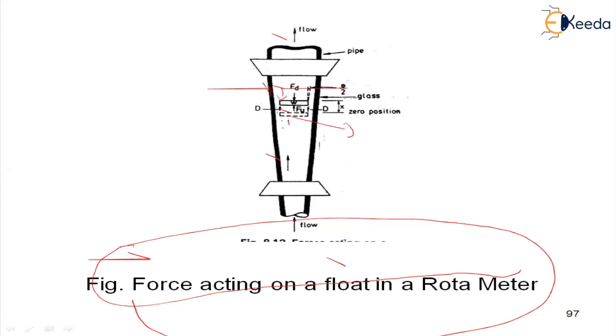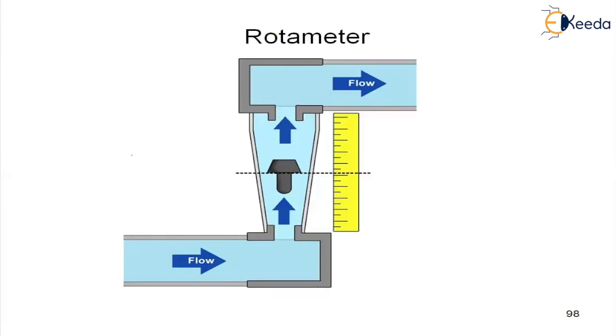Here the force is acting, and the actual distance is d. Then it moves downward, and the distance becomes half. So when the downward force is acting, automatically the distance becomes d by 2, my dear students. This is the glass tube, a glass tapered tube. That's the reason this is called a conical one. Here the main role is played by this one. In this, the downward force is Fd and the upward force is Fu. For all these forces on the float, I am going to bring the expressions in the next one. This is very important, my dear students.